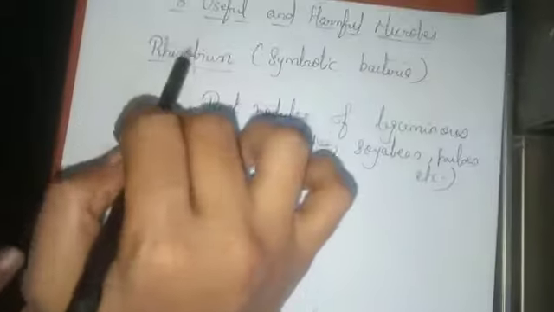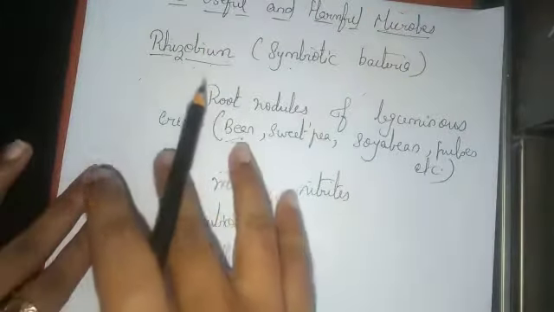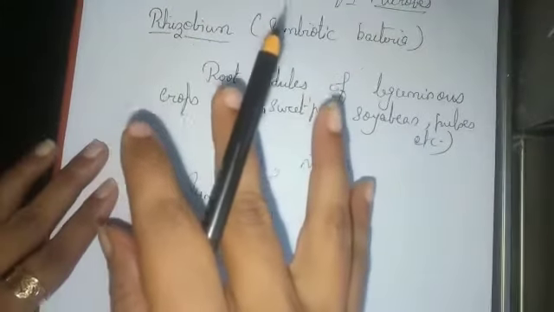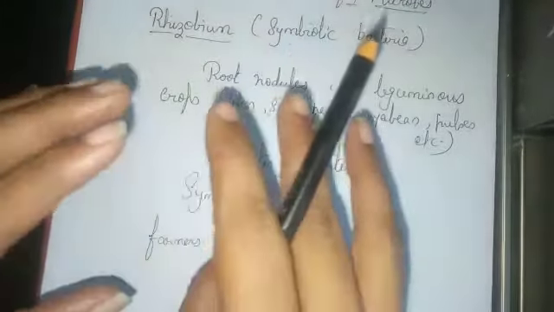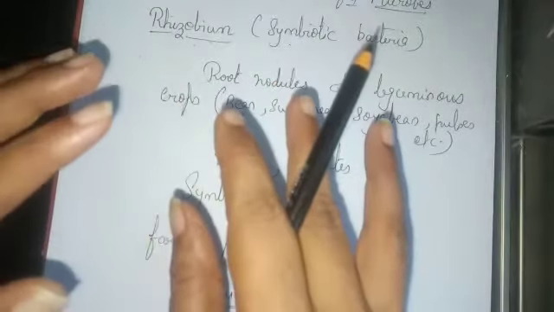Let us learn about rhizobial inoculation. Just now we have seen the rhizobium bacteria. They are present in the root nodules of the leguminous crops. Right, children? So what are the farmers doing? They are growing these crops so that the fertility of the soil is maintained.